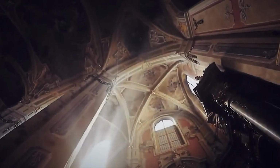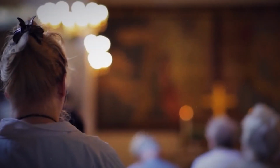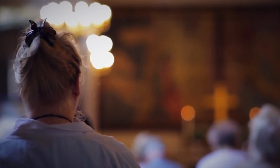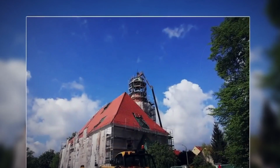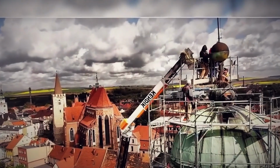Following that conflict, the church was transformed into a school for local children, and in more recent times it's been utilized to host sporting events in the town. However, no one could have predicted what the renovators eventually found at the top of the old structure in May